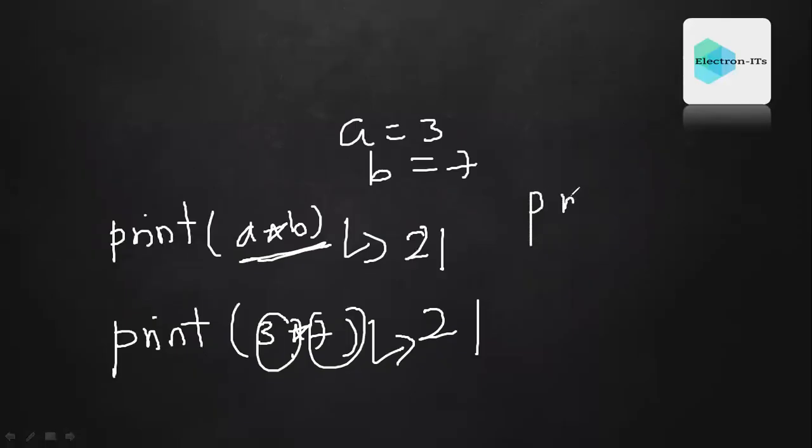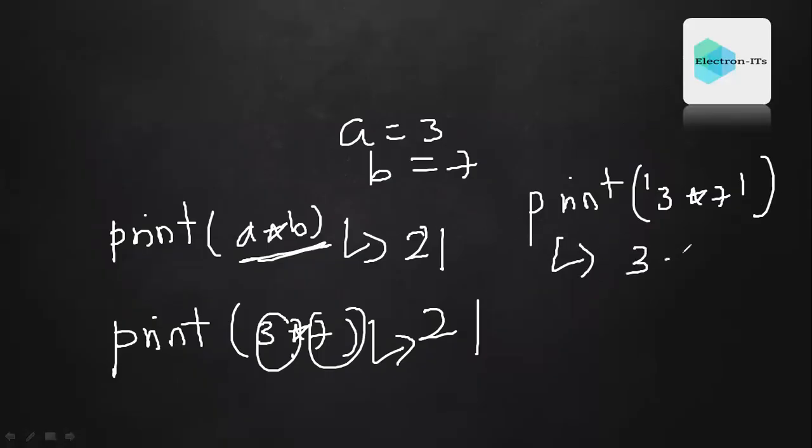Again, one important point is that there is no need to use quotations when you are doing mathematical operations. For example, if you do it like this, it will not generate 21, it will generate the result as 3 into 7, because you have included that in quotes. Quotes mean string. So the print statement will execute this as a string, and it will generate whatever you have written inside the quotes. That will be your final output. So you have to take this care always when you are dealing with numbers.